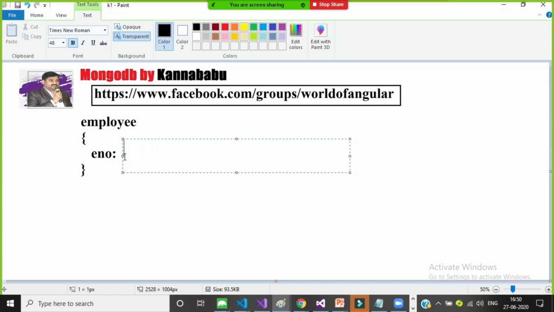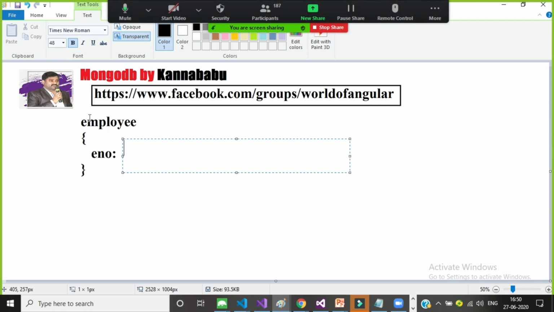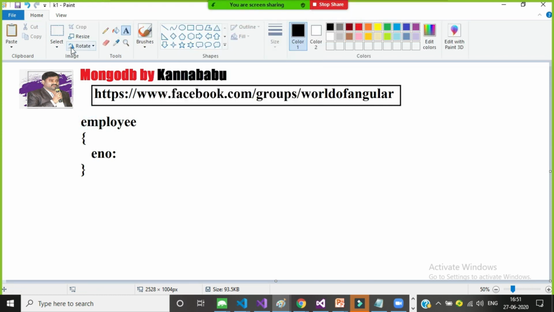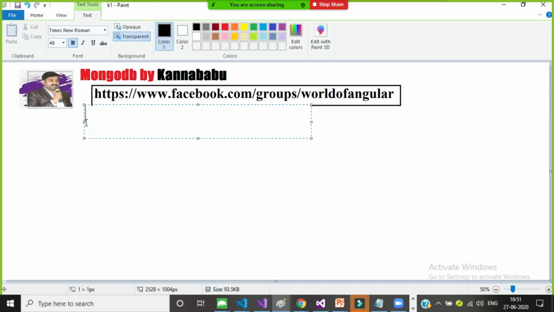Is it clear, everyone? So here let us see what I am telling. I want to maintain the same data in the form of a NoSQL database. Here I'll create one collection. What is my collection? It means the table name. My table name is employee, and here I'll try to store the employee number. Here I'll maintain the employee number like empNumber colon. Here you can give some value. I'll try to give 101.